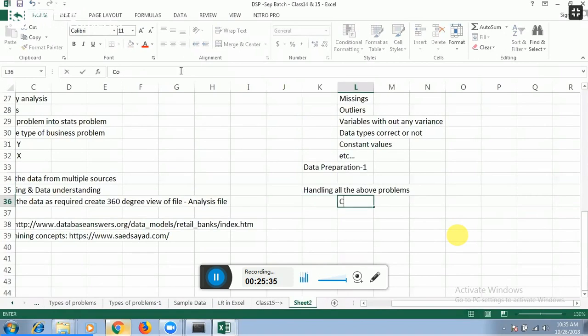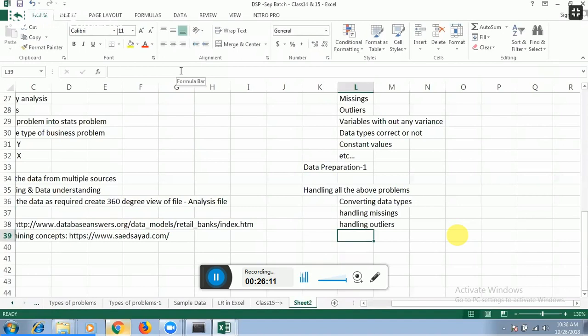like converting data types if the data types are not mapping. For example, some numerical variable is there, but ideally it's not a numerical variable, it's a categorical variable. Or maybe some date variable is there, but your data is read as a text format. Now you want to convert text to date, right? All of these kinds of conversions you need to understand based on the data dictionary. And handling missings, handling outliers,